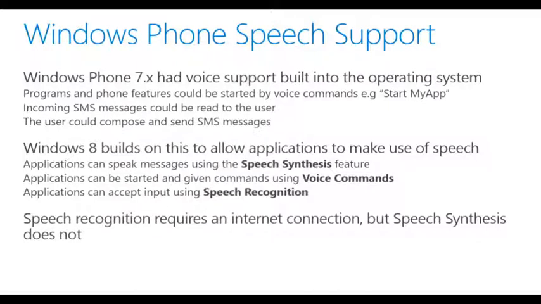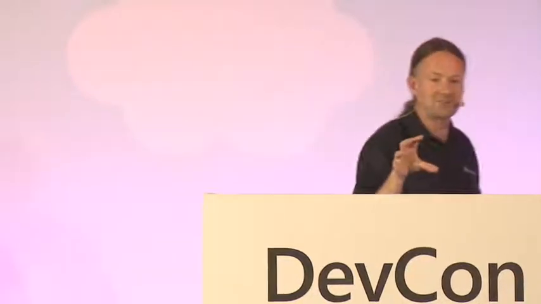And Windows Phone, a lot of people don't know this, but on Windows Phone 7, you've always been able to launch an app with speech. I actually didn't know this, and I'm supposed to be a Windows Phone expert. But you can press and hold on the Windows button at the bottom of the screen and say something like start Instagram or whatever, and it will launch it at the start screen. So you've always been able to do that. But you couldn't actually have your app speak out anything, or